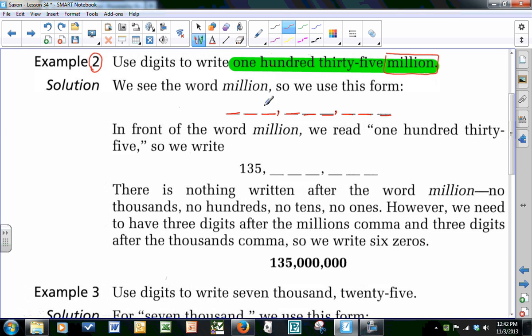Then you're going to draw your place value lines. That's the second step. Then you're going to go back into the problem and you're going to find the digit words, the number words. And here it is,